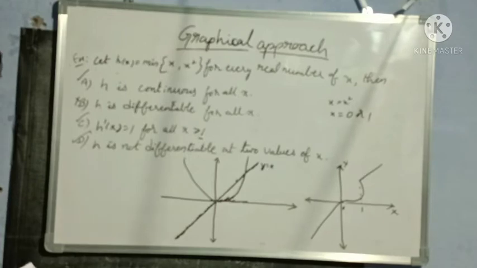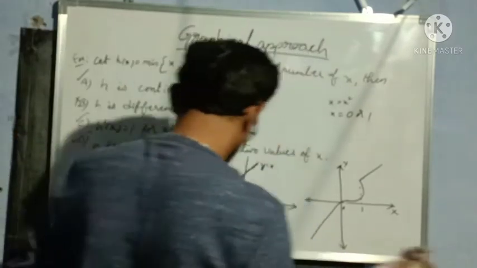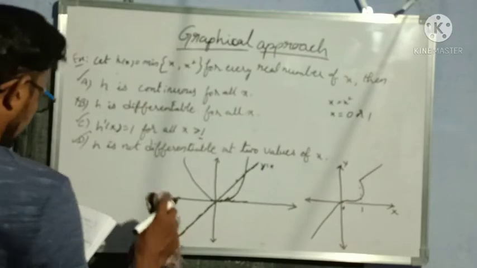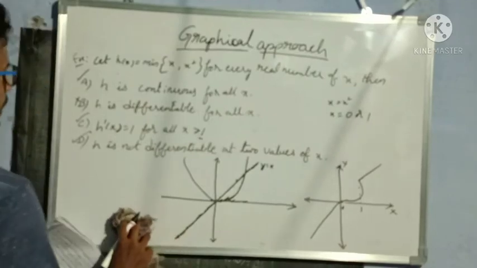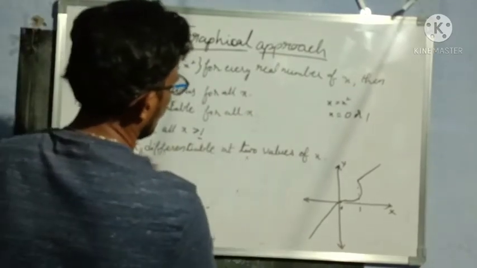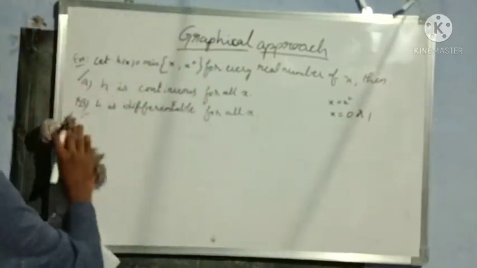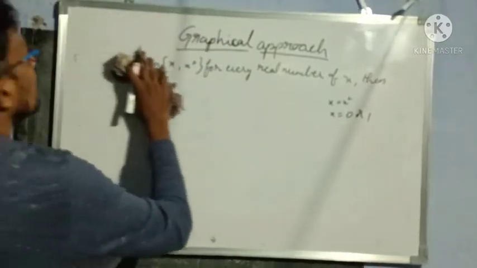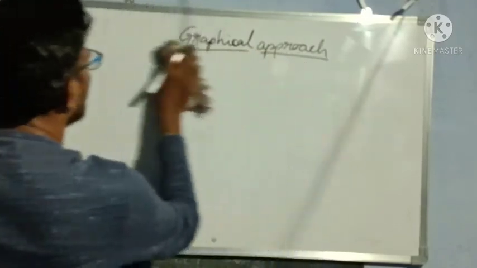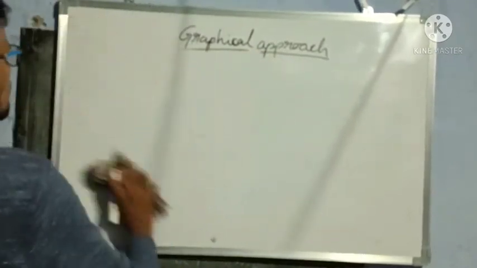Next, let us discuss mod functions. So how to find the minimum value and maximum value when mod functions are given. Okay, differentiation along with differentiation. Okay, next question,